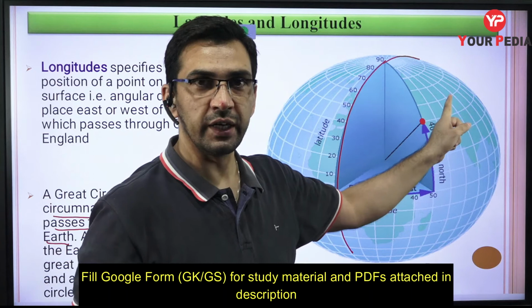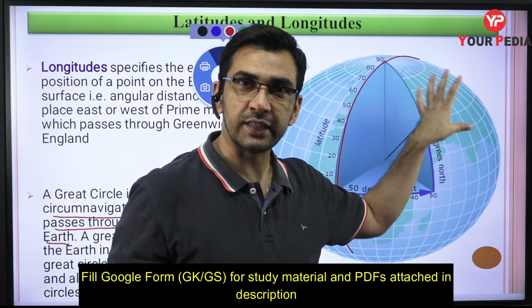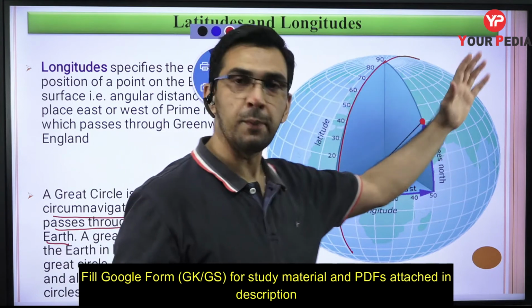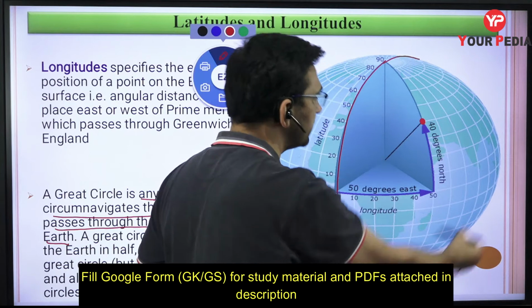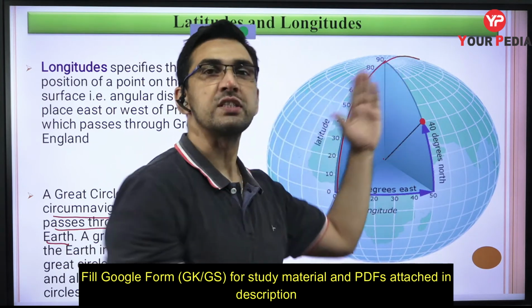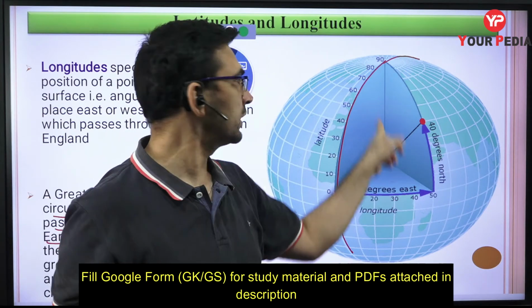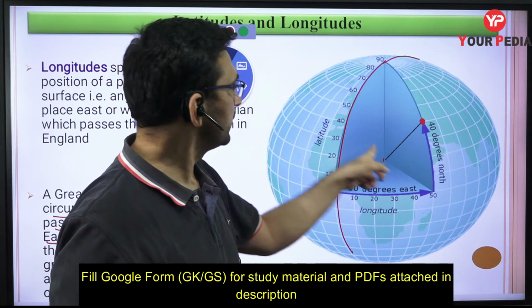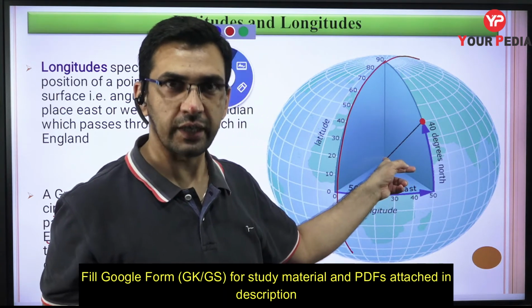Which is made up of meridians, so that divides the earth into two halves. At the same time, the circle also passes through the center, right? Passes through the center, obviously, because since it is circumnavigating, the center is going to lie on the same plane. That is the meaning of this, right? So it passes through the center. This circle also passes because the center of this circle is also lying at the center of the earth, right? That is the meaning of this.